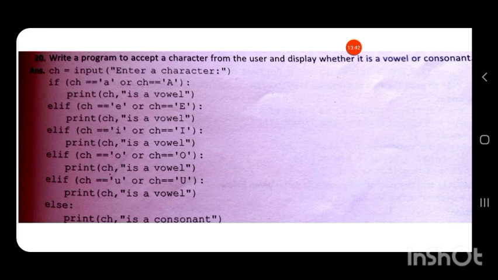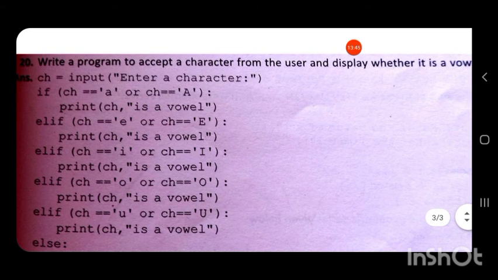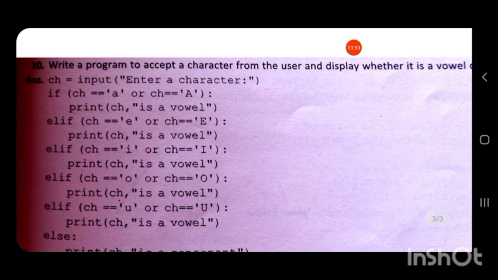So we can first write ch is equal to input, enter a character. The character is a string, so we have no need of writing int or float. The input function returns the value in the form of a string. So ch is equal to input, enter a character.